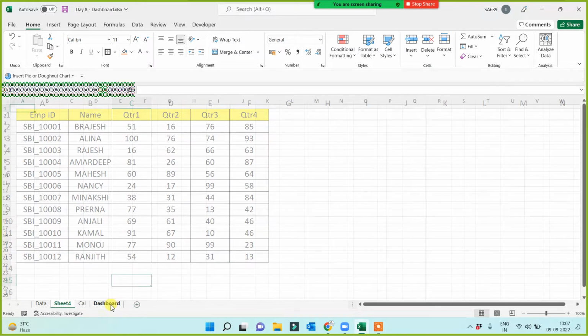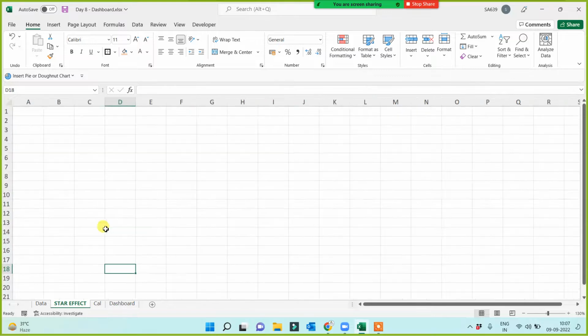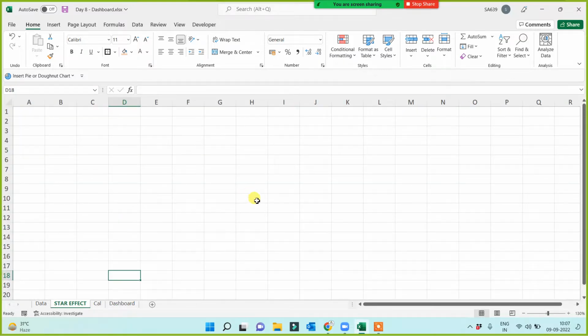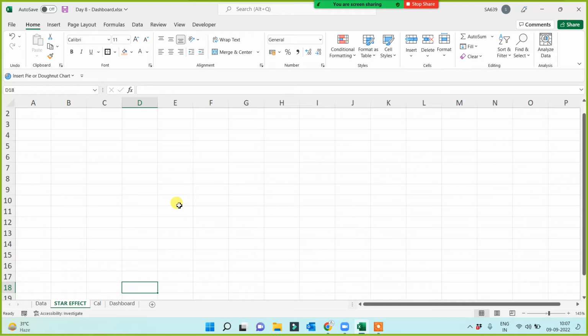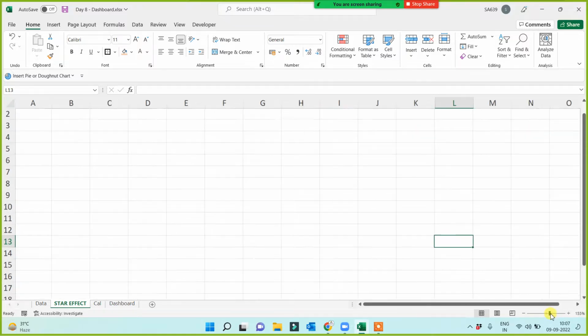This dashboard is called the star effect dashboard. Majorly in a dashboard, you have to do some common things. The sheet zooming size should be 150 plus,